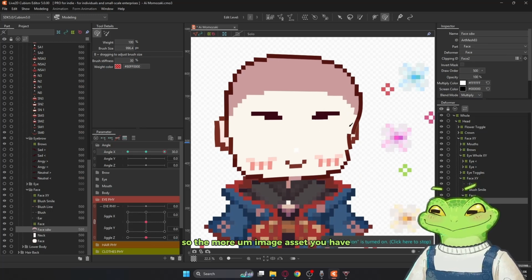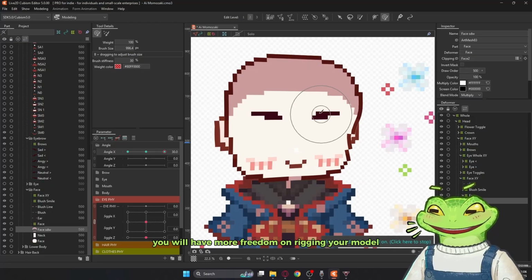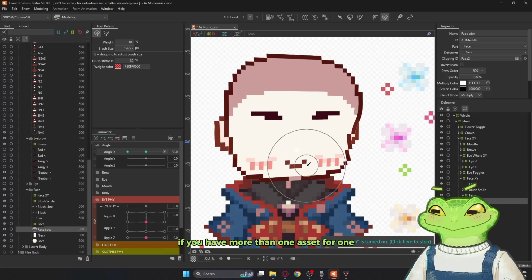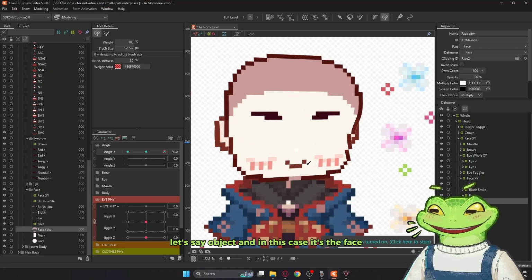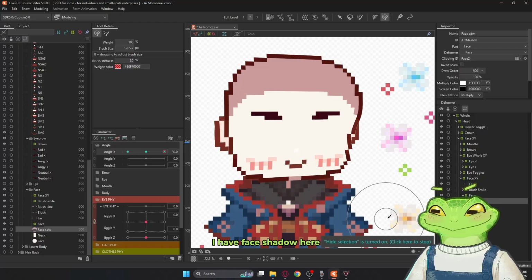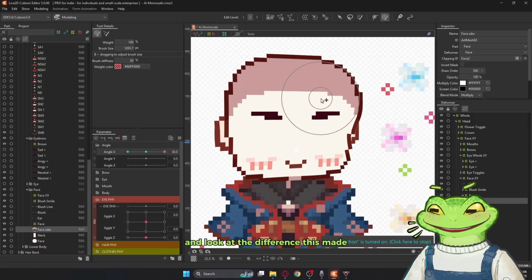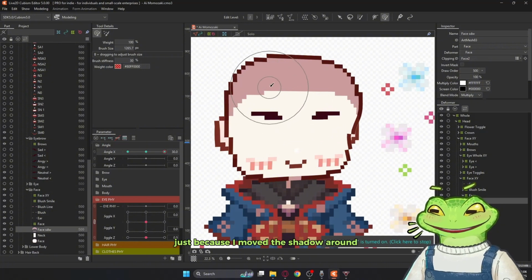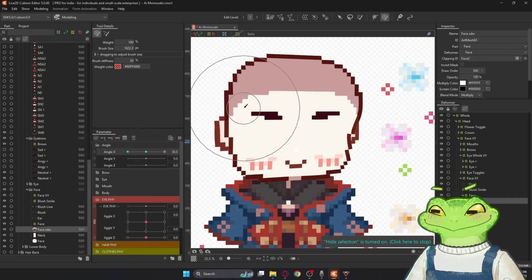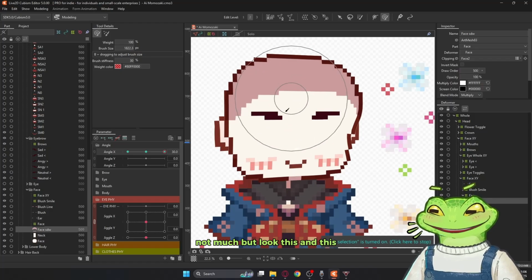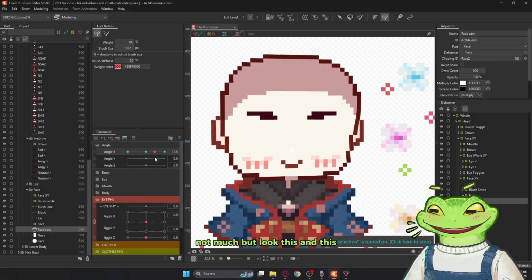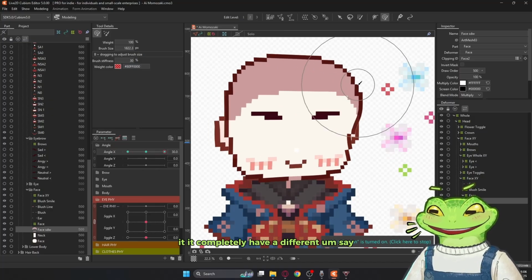So the more image assets you have, the more freedom you have in rigging your model. So if you can find an artist who can do that, that's great. And here's what I mean by that. Here's an example. If you have more than one asset for one object, and in this case it's the face, I have a face shadow here, and look at the difference this made just because I moved the shadow around. Not much, but look, this and this, it completely has a different